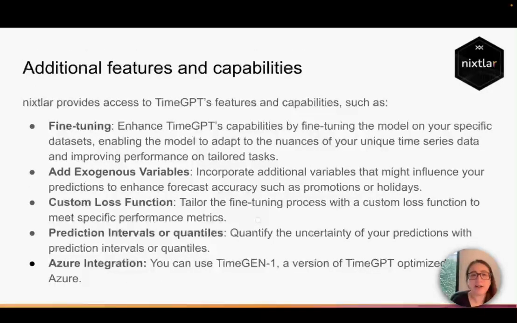Now, nixtlar also provides access to TimeGPT's features and capabilities, such as fine-tuning. This means that you can train the model using your own datasets to try to improve performance. You can also add exogenous variables if you have them. For example, if you have promotions, holidays, or special events that you think can help you predict your target